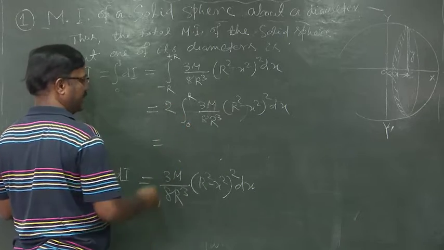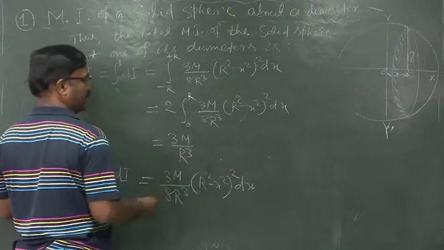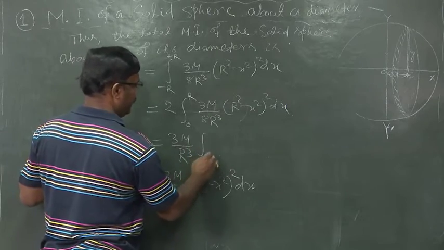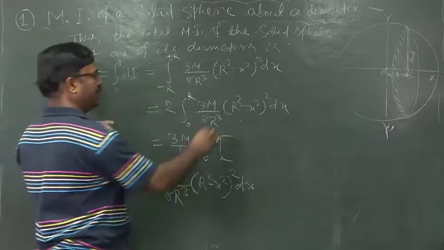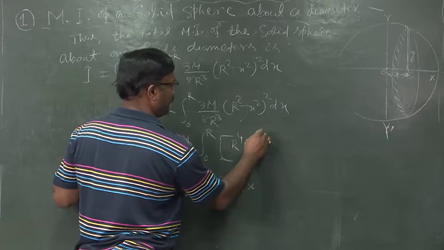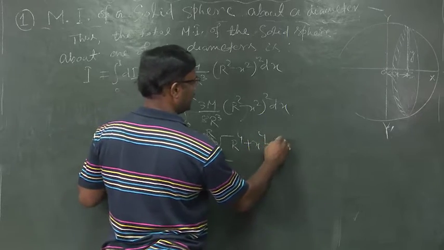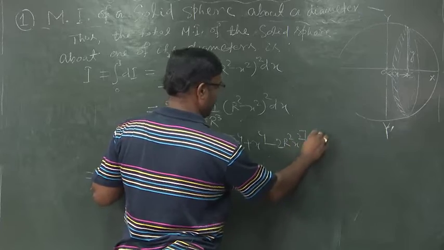With 8 getting cancelled, it is 3m by r cube, integration from 0 to r, and expanding this we can write r to the power 4 plus x to the power 4 minus 2r square x square dx,